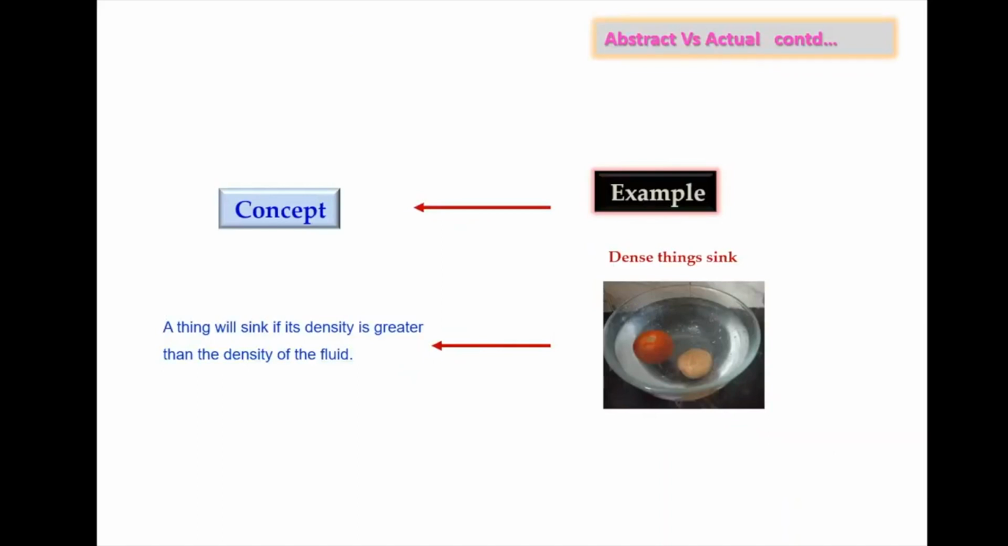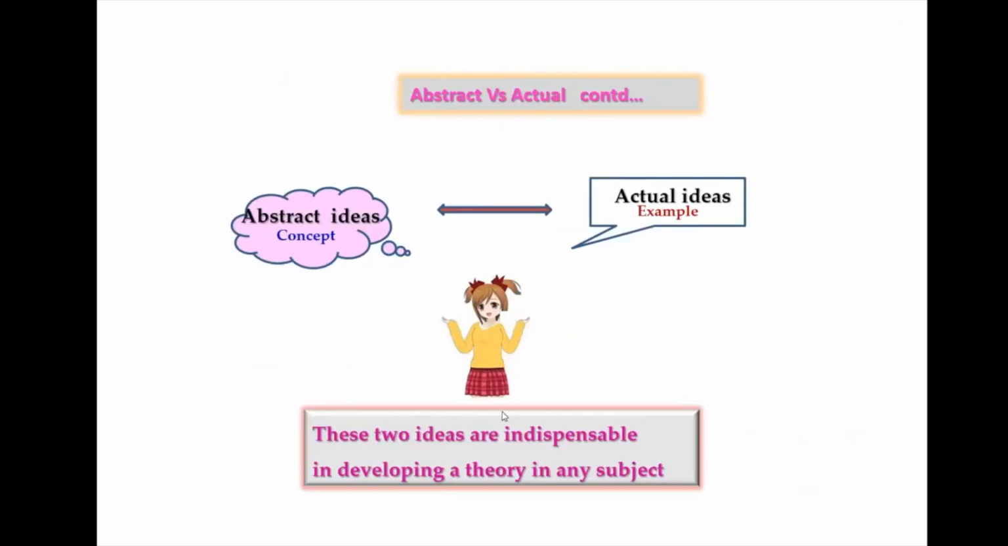If we have one more example, that if we have in a bowl of water both potato and tomato, we can see that the potato sinks whereas the tomato floats. So from that it is seen that dense things sink. The concept that's learned from this is a thing will sink if its density is greater than the density of the fluid. From number theory, we have